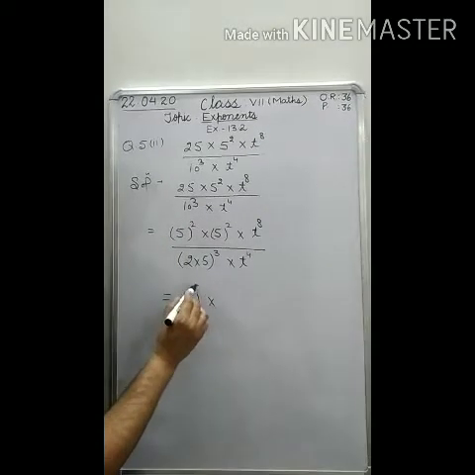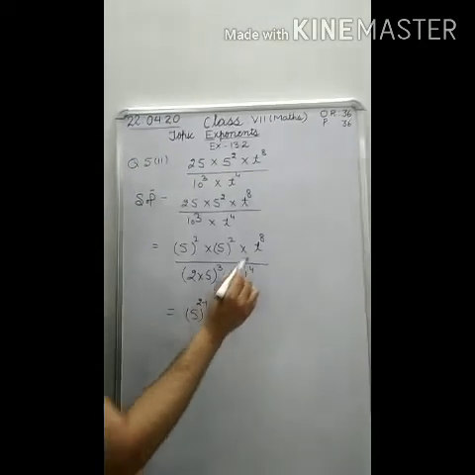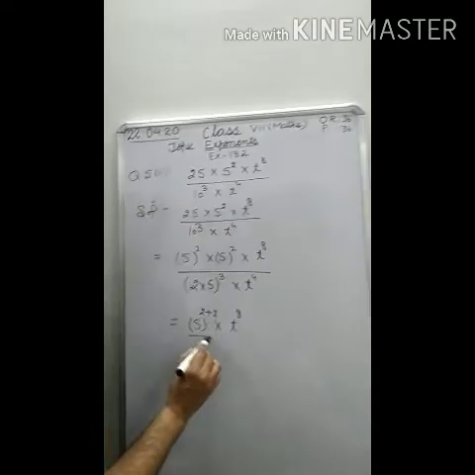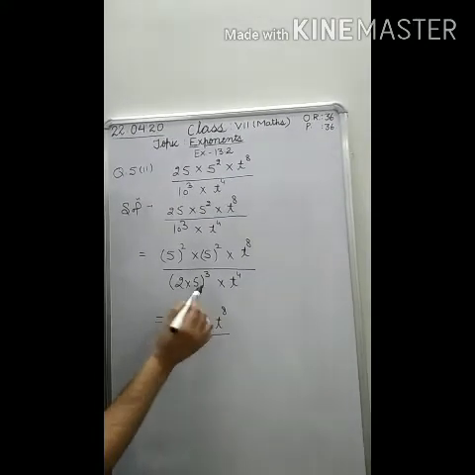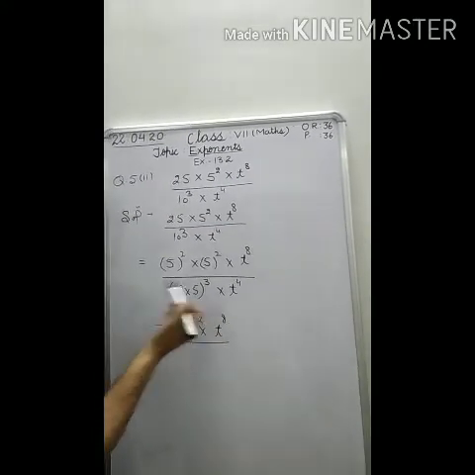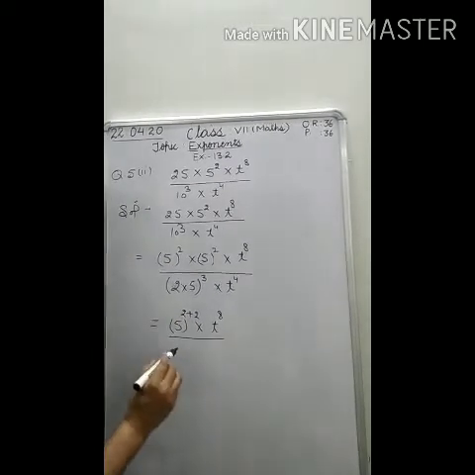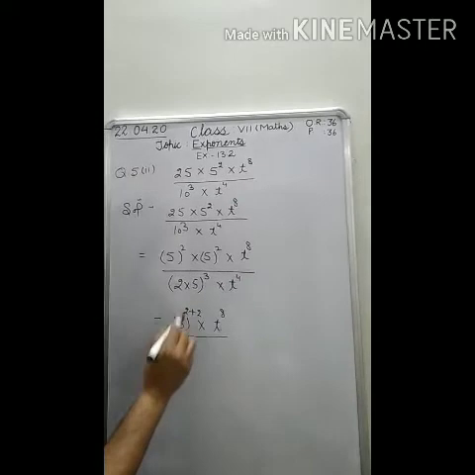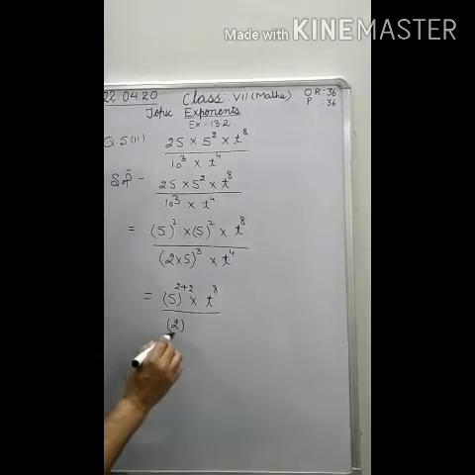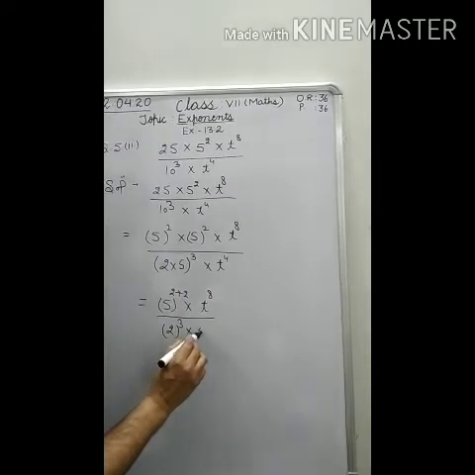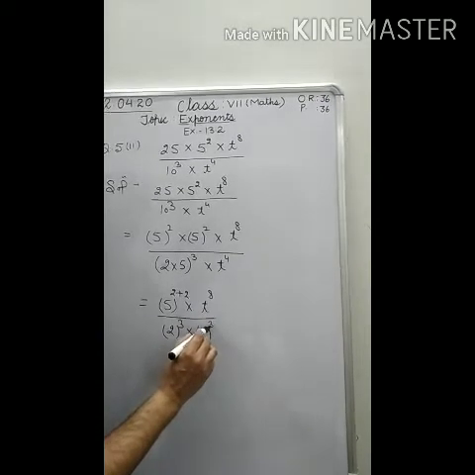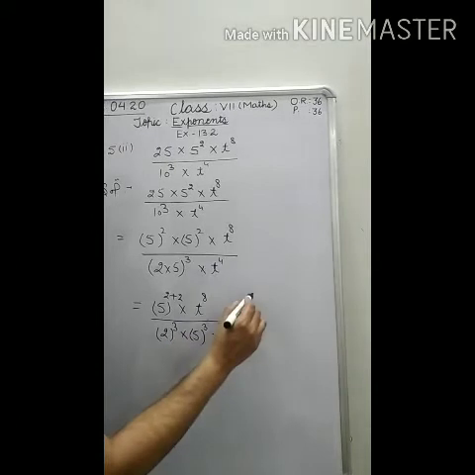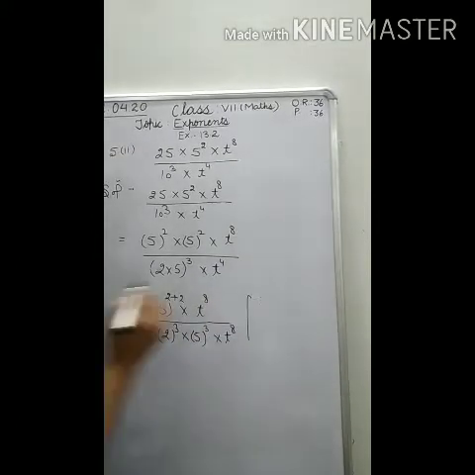Multiply this t raised to the power 8. Next, downside, you make it separate. It is (x multiply y) whole raised to the power 3. You can write it as x raised to the power 3 into y raised to the power 3. So it will become 2 raised to the power 3 multiply 5 raised to the power 3 multiply t raised to the power 4. Now mention the identities which you have used here.